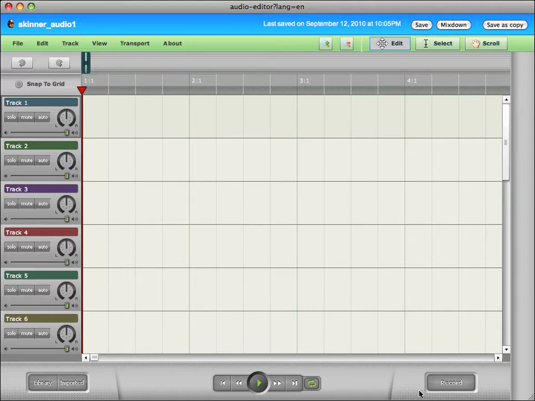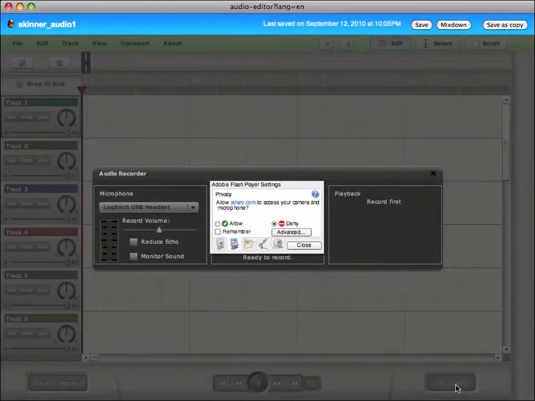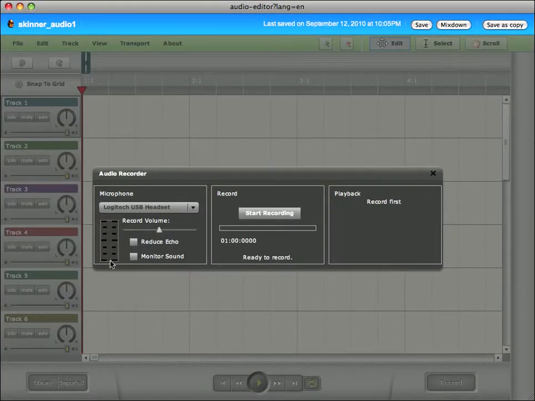The first part of the technology assignment is to record your audio message. That's achieved by clicking the record button down here, and the audio recorder tool launches. Now the first step is to allow the Flash application to access your microphone. So we're going to click allow in this case, and we like that Flash always cues us to allow the player access to our microphone or our video camera, because we don't want rogue applications to access that without our knowledge. So click allow and then click close,